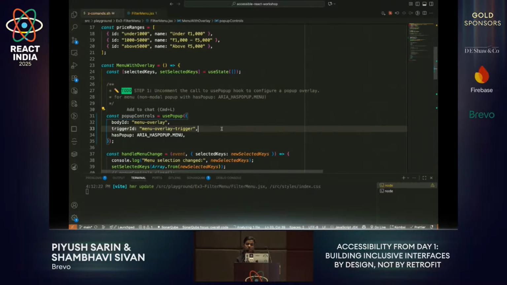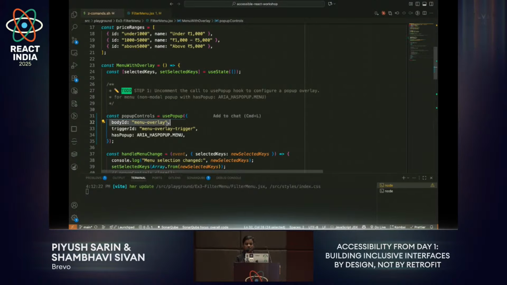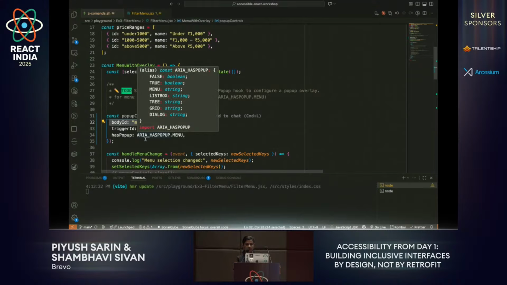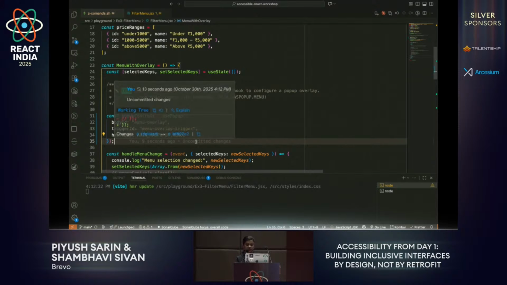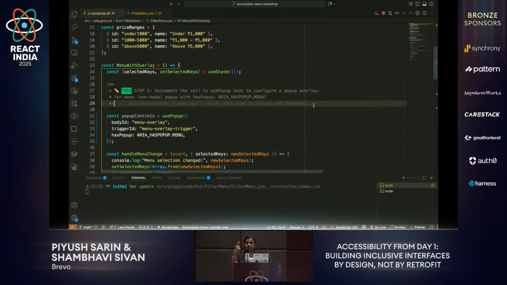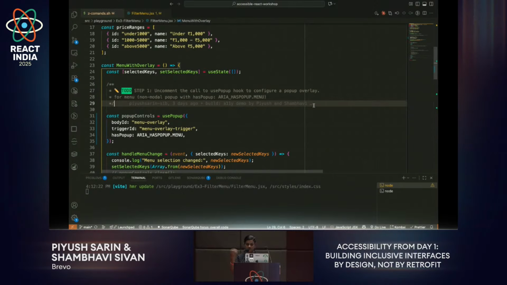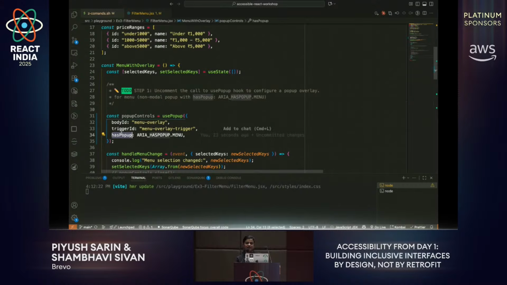So we've called the use pop-up. So here what do I do basically? I just pass an ID for my body, that is the overlay. I pass an ID for the trigger, okay, so that it can be linked using the ARIA controls attribute. Now there was an ARIA has pop-up attribute, right, on the control, that is on the trigger. And I need to tell it what pop-up it is. Is it a menu or a list box? So I can just pass a has pop-up